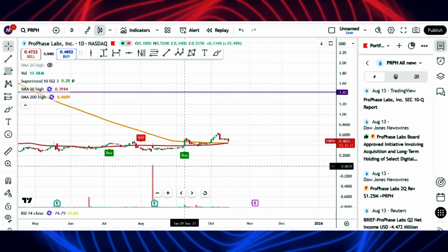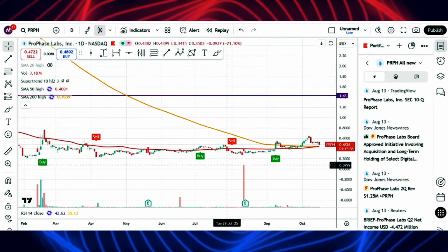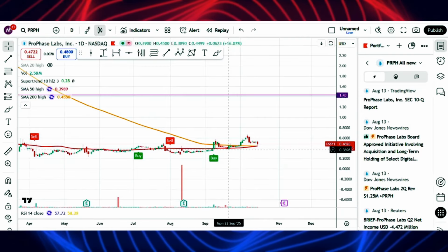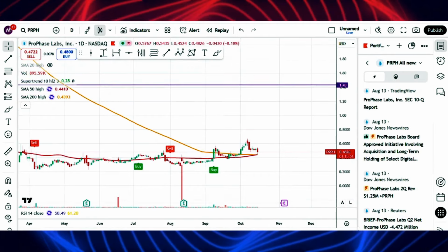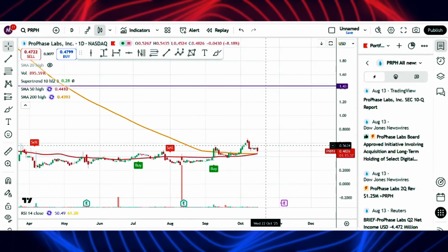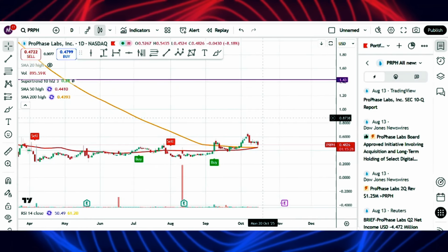next earnings report. But again, I'm bringing you a stock that I believe is very undervalued just based on the chart. Look at this. It's above the 50 and the 200-day moving average on the daily chart. And this is going to be a beautiful golden cross. And I'm going to show you some other news information that will also solidify the case why the stock is